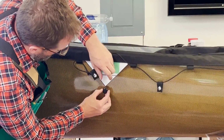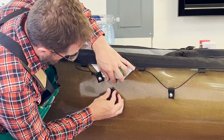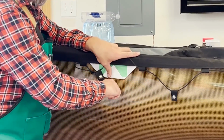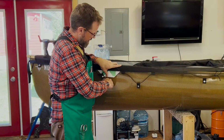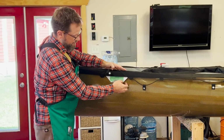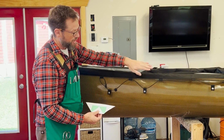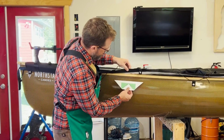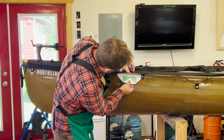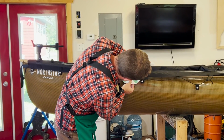You can take your snap tab, remove the backing, get it right in position, fold this up out of the way, stick it against the hull, and you'll hold it for about 30 seconds. Then when you're done, you simply remove your template, and we'll go down to the next location that has a snap tab. So go right here, place it up against the gunnel, make sure that it is centered between those two tabs,